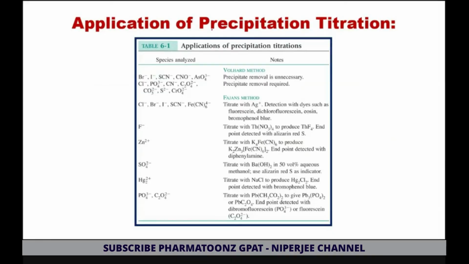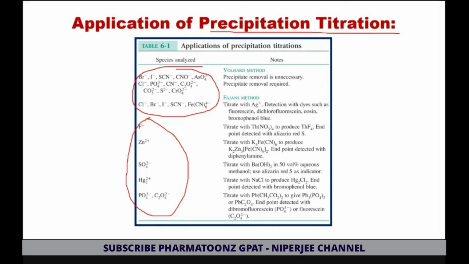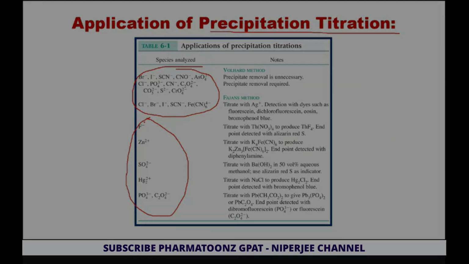These are some applications of precipitation titration. Apart from chlorine, it can also be used for analysis of these negatively charged species. Not that much important. So only you have to remember it is for